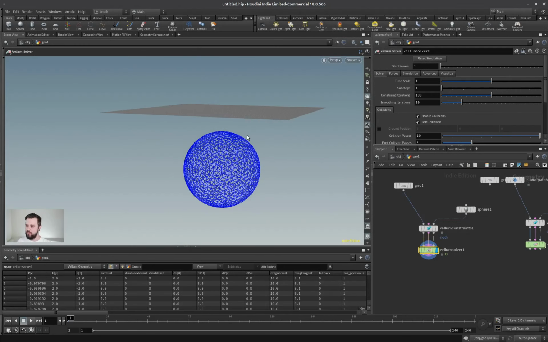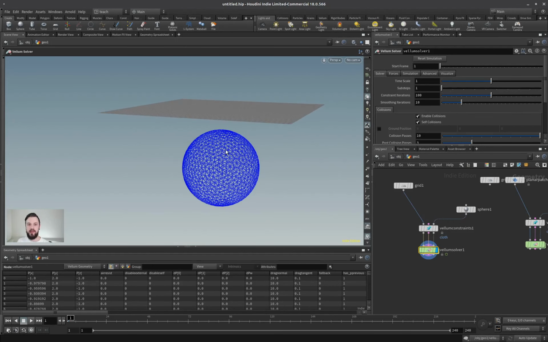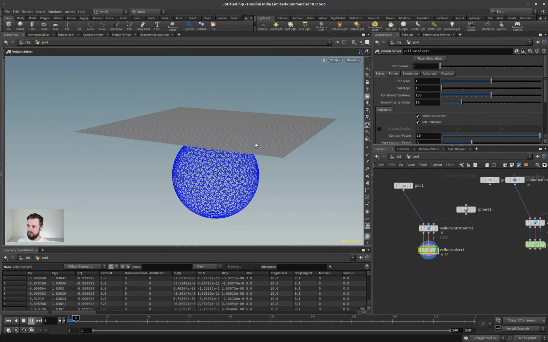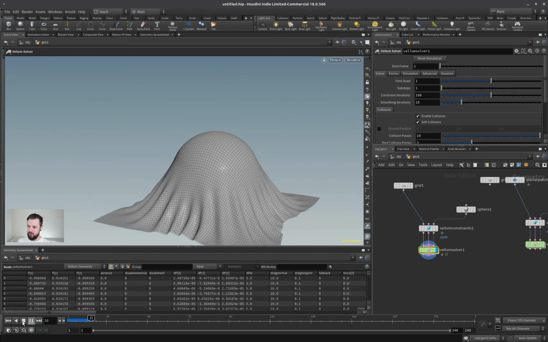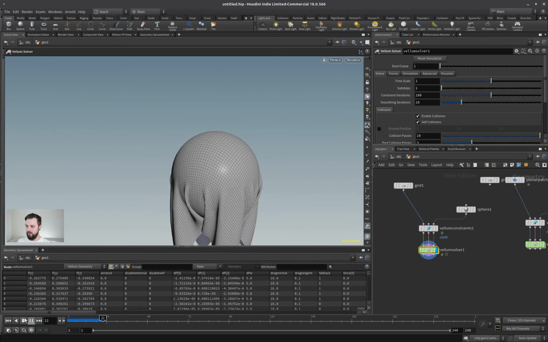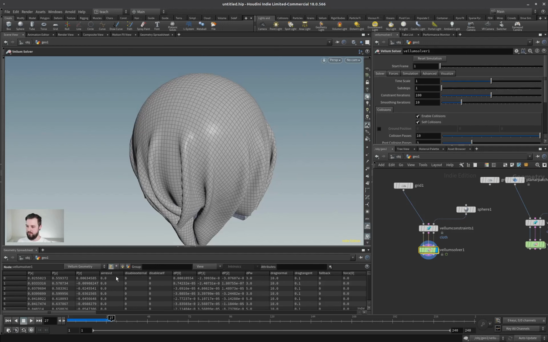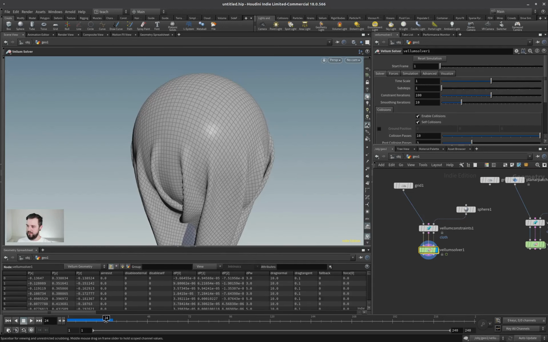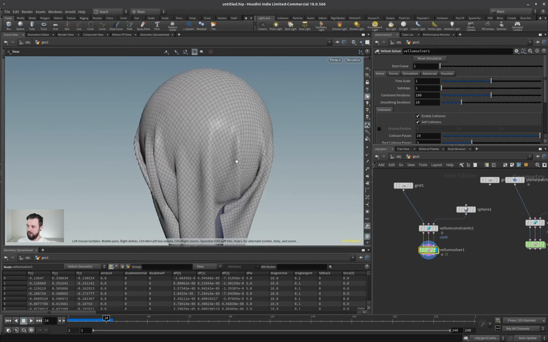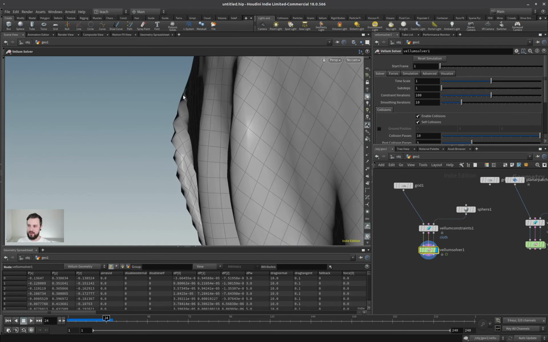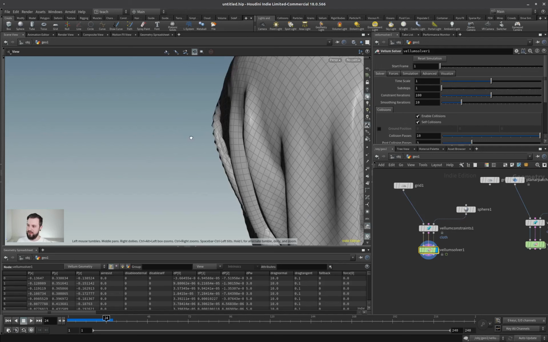Hey everyone, so in this video we want to talk about how to prepare geometry for Vellum simulations. What we've looked at before is grids and grid-like geometries, which very often is what we have, but that comes with a couple of problems when we simulate that with Vellum. You can see it here in the shape, for example, and we talked about this before. We get this kind of stepping deformation sometimes,